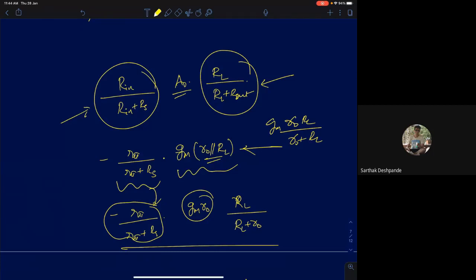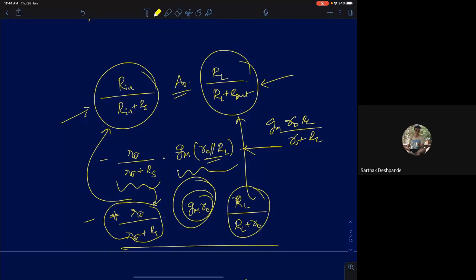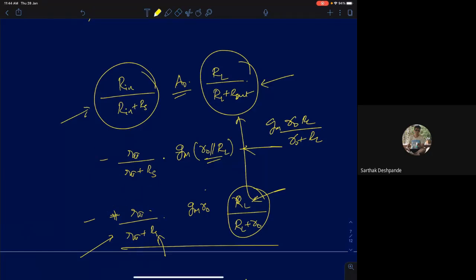So now look at this. It is in this form. This term, and the intrinsic gain. There is a minus sign, of course. The sign doesn't matter. So your gain reduces on either side if you load it with a finite source resistance or a finite load resistance. And this is the maximum attainable gain. gm into R naught is the maximum attainable gain of this amplifier under no load conditions, meaning when RL is infinity and Rs is 0.